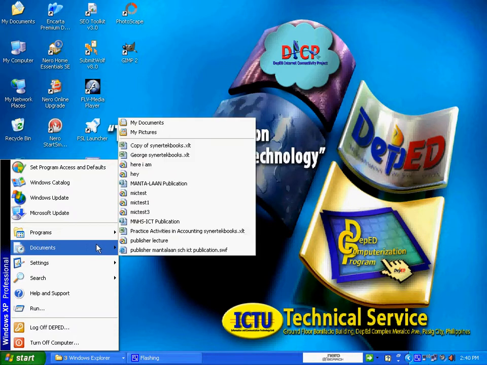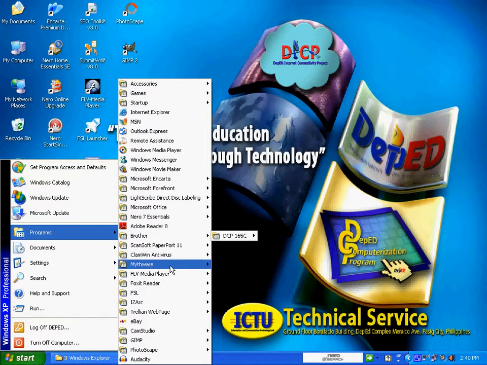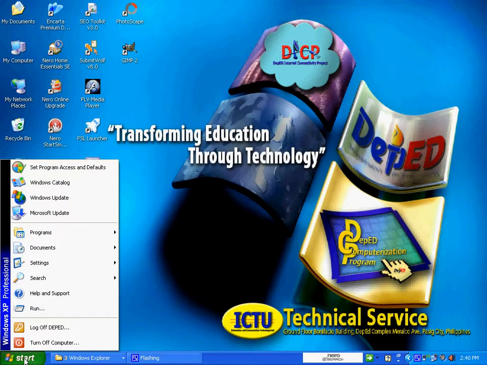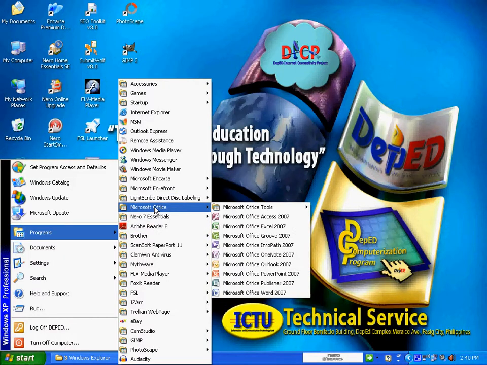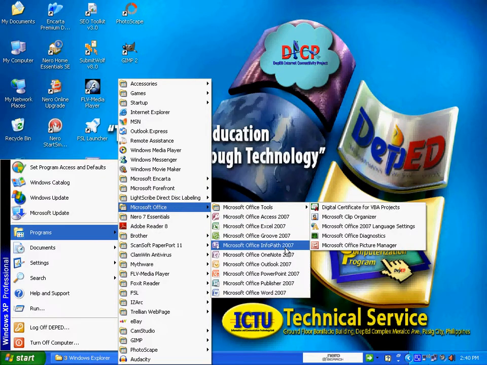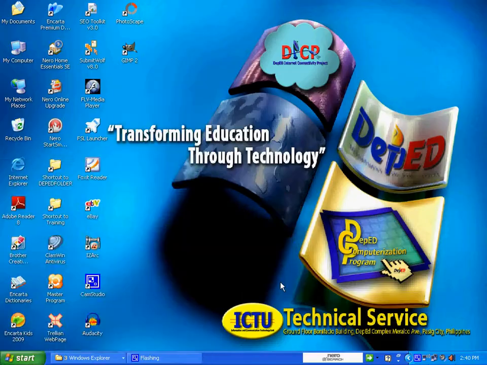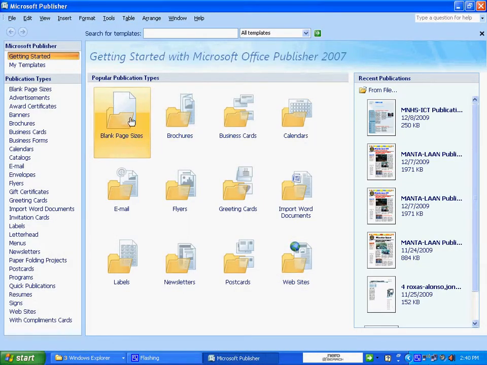Good afternoon, everybody. So here comes an application of MS Publisher. You just click Start, then Programs, then Microsoft Office Publisher 2007. So we have here different popular publication types: blank page sizes, brochures, business cards, calendars, email, flyers,